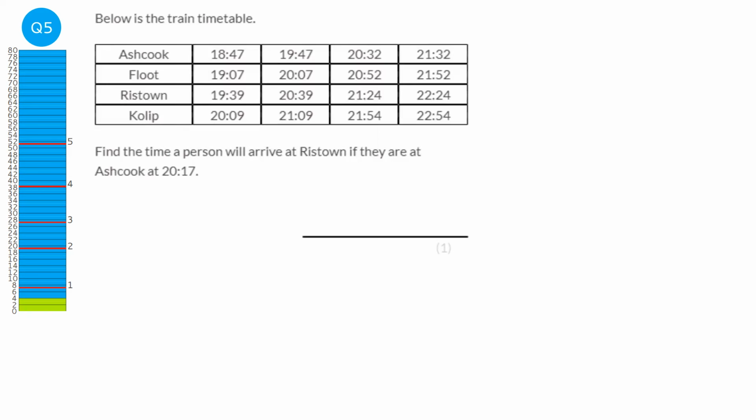This person's at Ashcook at 2017. So they're going to have missed this train here, and they're going to have missed this train here, so those are off. But they will be in time for this train here, and we're looking for the time it hits Risedown. So it will get to Flute at 20:52, and then Risedown will be at